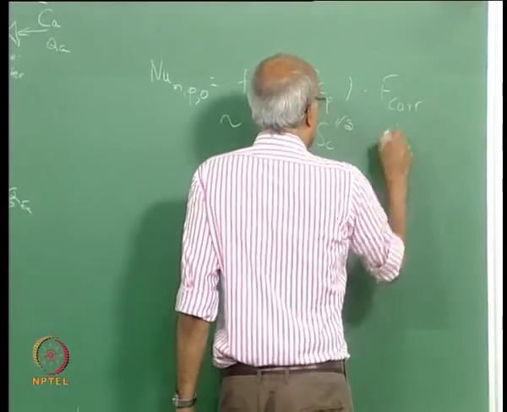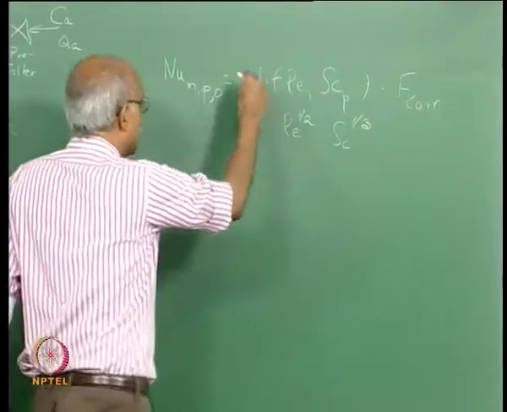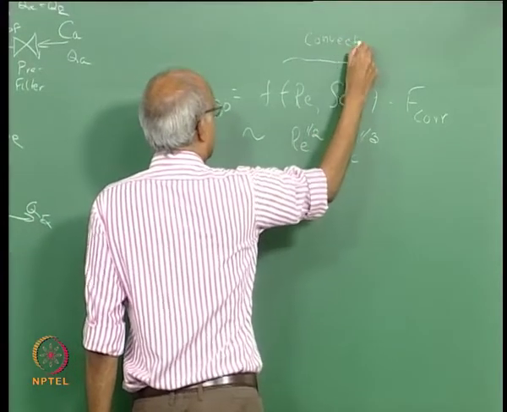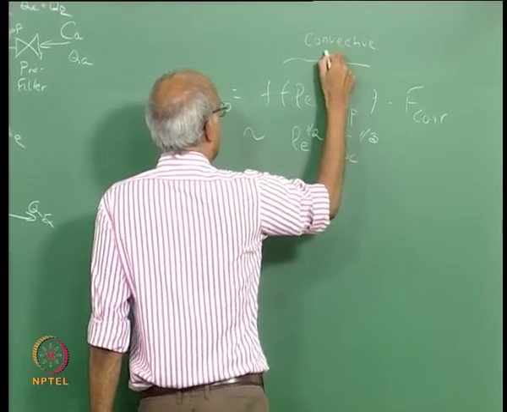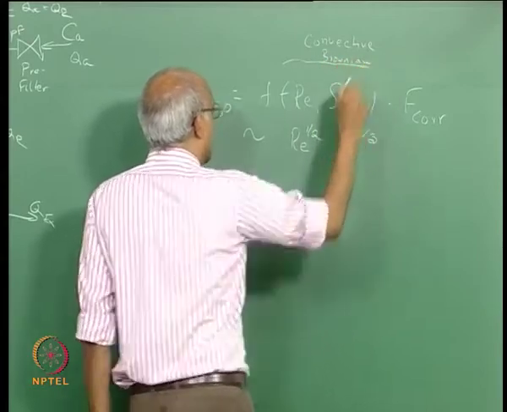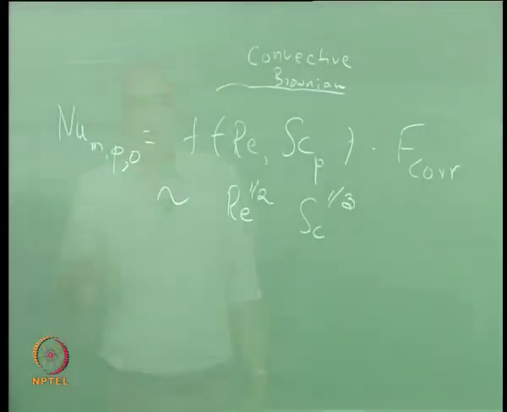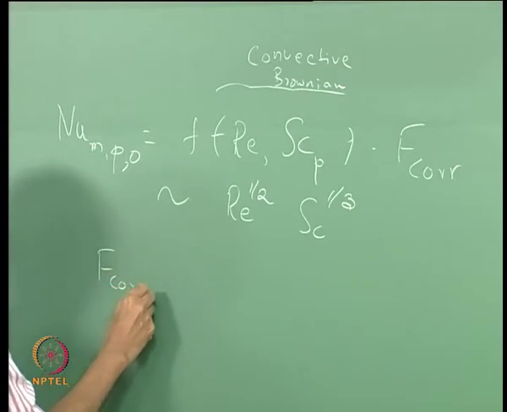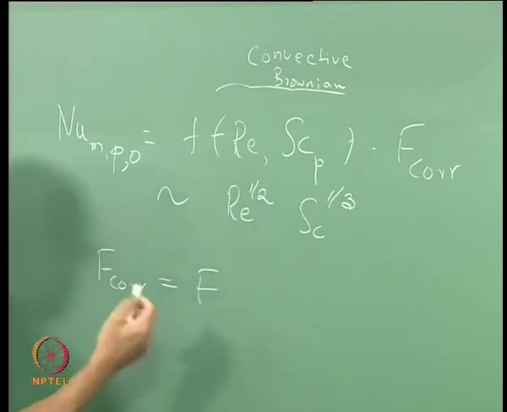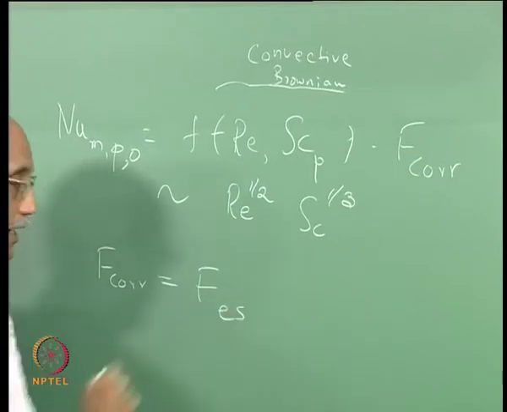So this, the basic Nusselt number, only involves convective and Brownian deposition of particles. In order to account for all the other phoretic phenomena, you have to apply a correction factor. So this F correction will have F due to electrostatic forces,